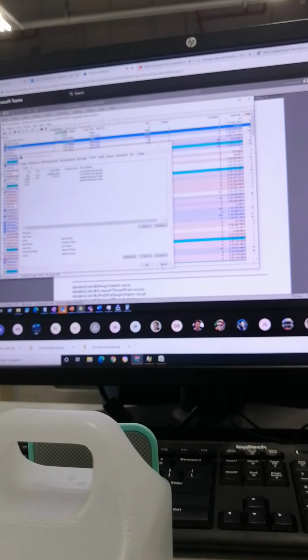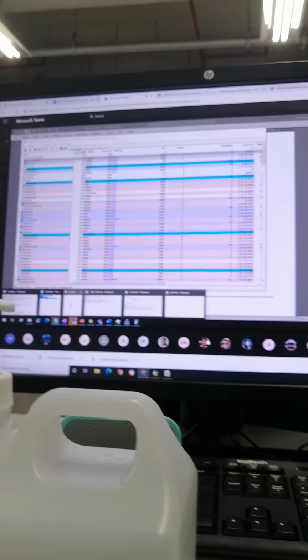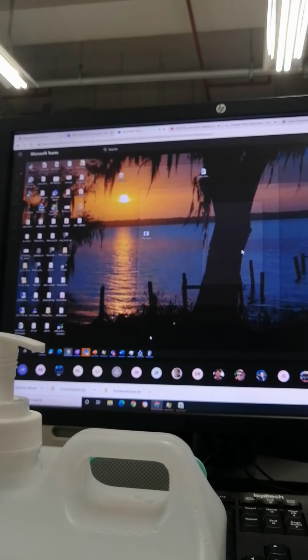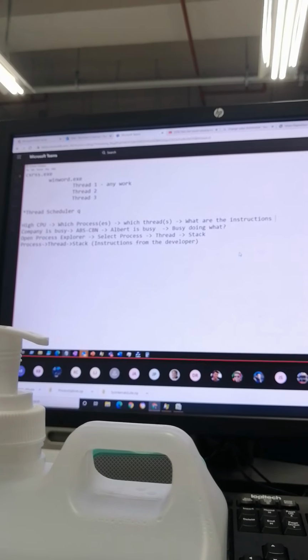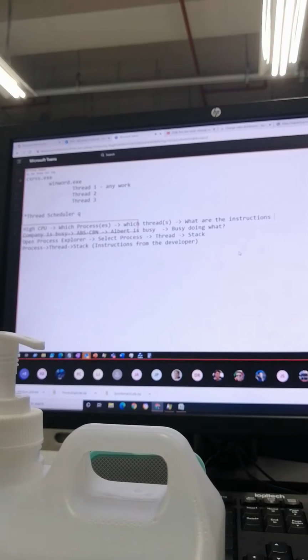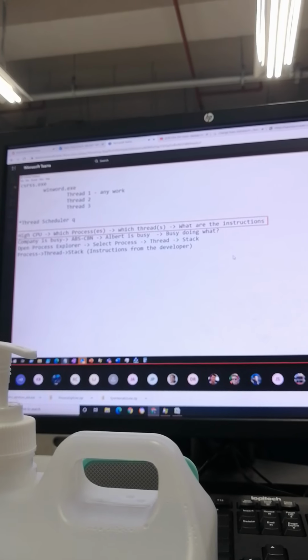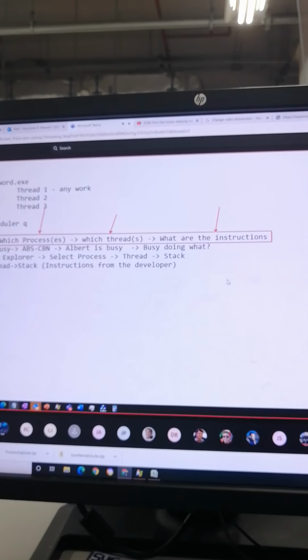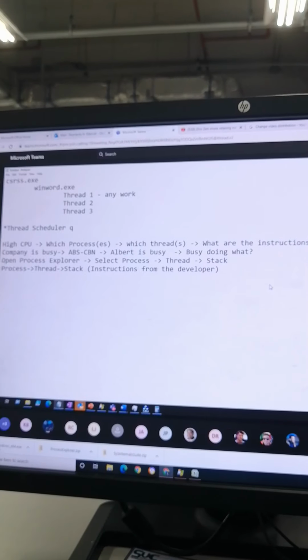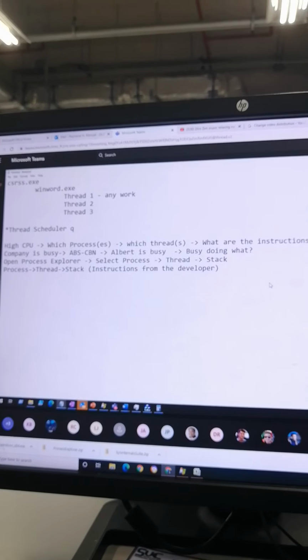So we're way over, we're 20 minutes over on break time. This is a fairly complex scenario, but the key to take away is that thing we've been talking about for now 2 days, which is this. If you have high CPU, you need to find out which process, which thread, and then what that thread is doing. Now we've learned